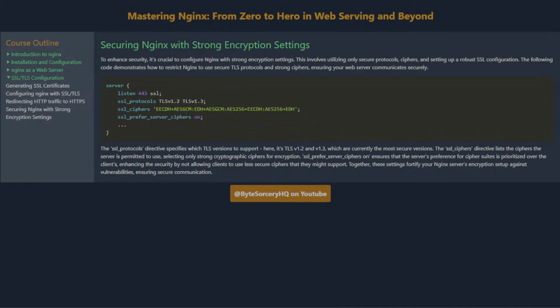Securing Nginx with strong encryption settings. To enhance security, it's crucial to configure Nginx with strong encryption settings. This involves utilizing only secure protocols, ciphers, and setting up a robust SSL configuration. The following code demonstrates how to restrict Nginx to use secure TLS protocols and strong ciphers, ensuring your web server